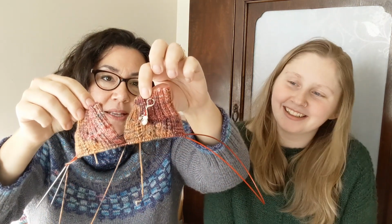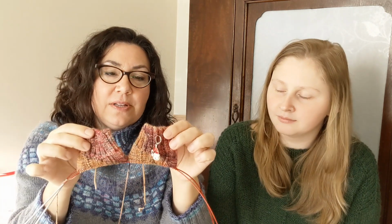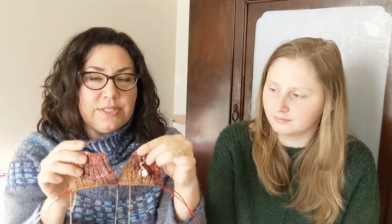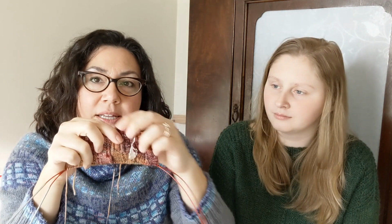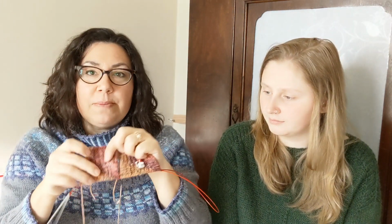And so I cast these on using a 2.25 millimeter needle, and I cast on 64 stitches. And then this pattern that you can't really see well yet is just one that I sat down at the table one day and looked through a couple of stitch dictionaries, and I pulled two stitch patterns out, and then I worked them